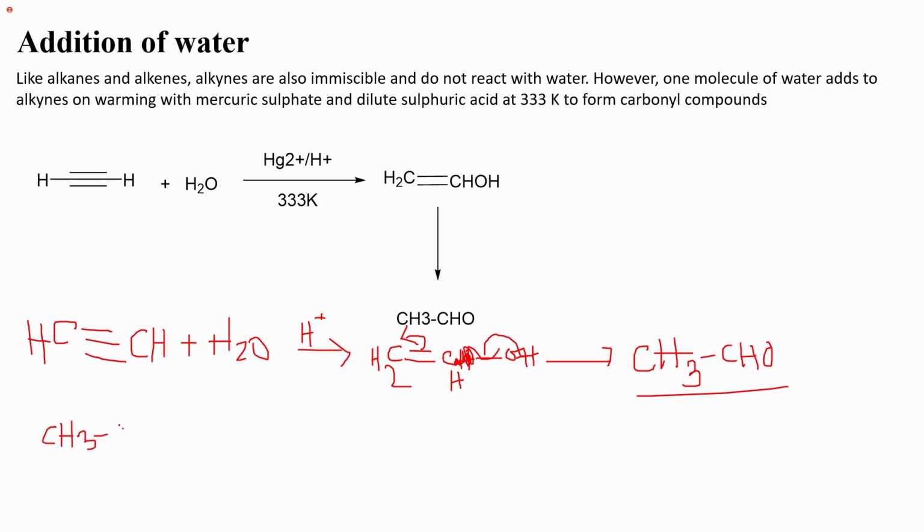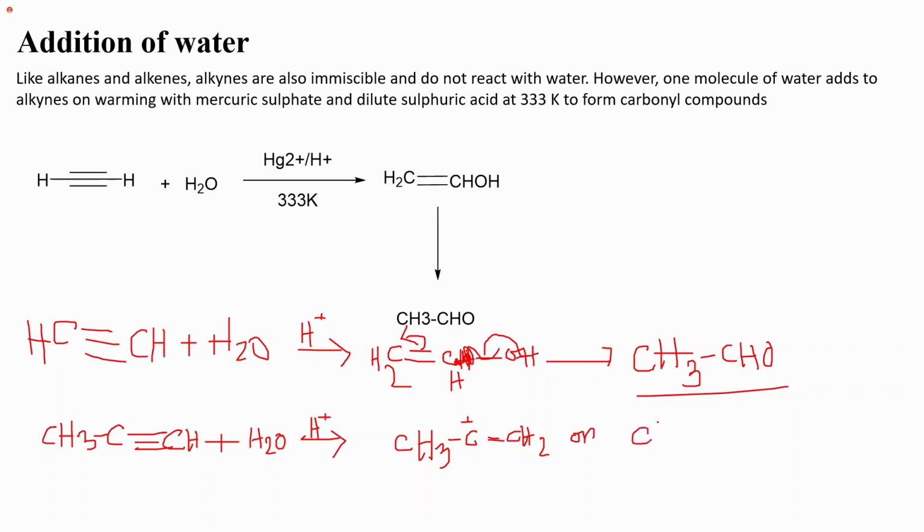Okay. So now if we just increase another carbon, CH3 C triple bond CH plus water molecule. You have an H plus. So then CH3. So there are two possibilities there. Two carbocation generations can happen. One is this one, or